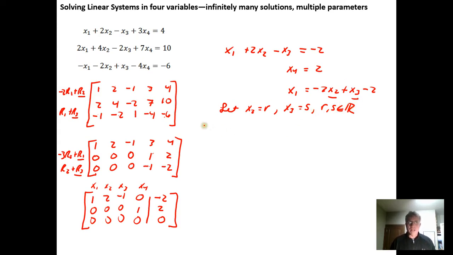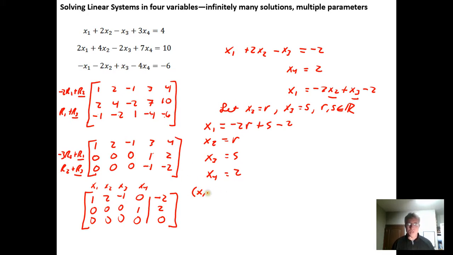So if we kind of catalog what we have going on, this means that x sub 1 is equal to negative 2 times x sub 2, but we just let x sub 2 equal r. And then it's plus x sub 3, but we just let x sub 3 equal s. So that's our parameterization. I have two parameters. And then it was minus a 2. We know that x sub 2 is equal to r. We know x sub 3, we let it equal s. And x sub 4 is always a 2 from right here. So as an ordered 4 tuple,